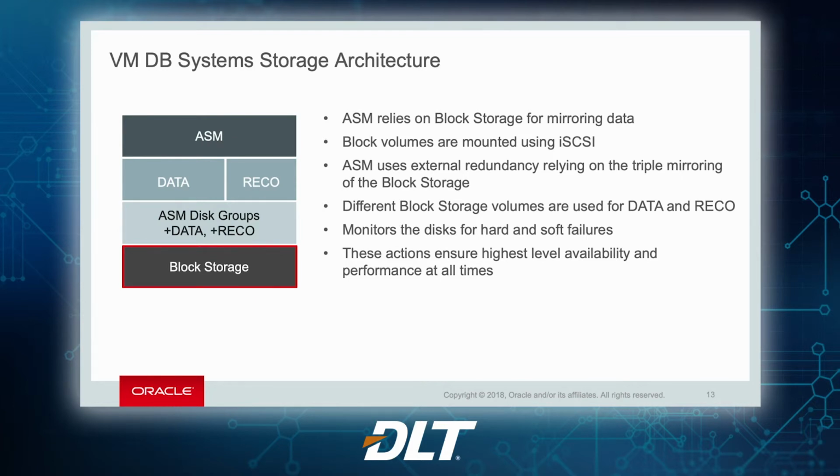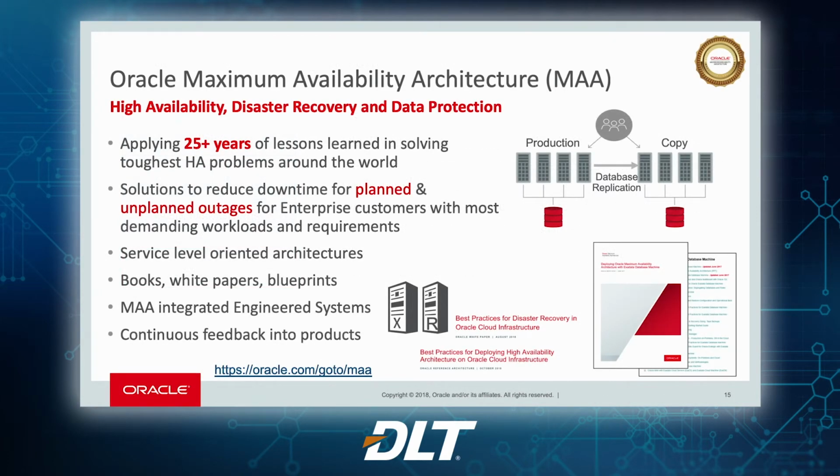Believe it or not, it's all about making systems perform even better than they do on-premise. And we talked a little bit about availability, because that is a differentiator for Oracle. Oracle's had what we call the maximum availability architecture for well over 25 years. It's a group within Oracle. It's a series of white papers. It's a series of best practices. It's all about how you architect and design systems to meet your availability requirements and best practice for using the tools.